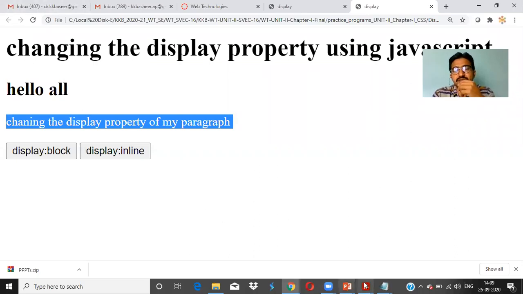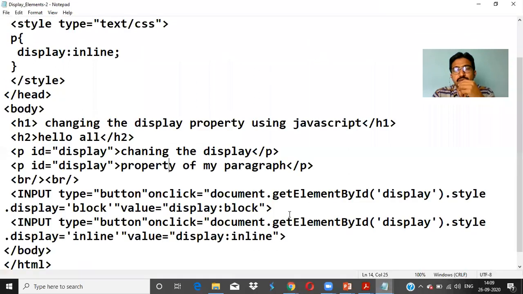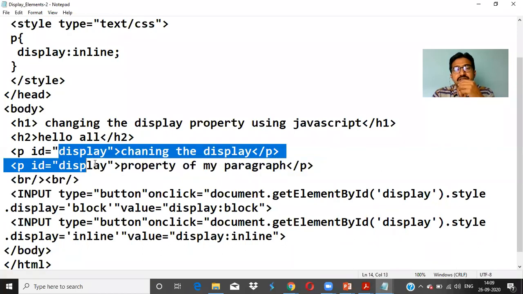So that is another way, with the help of JavaScript. Please walk through the program. Later you'll understand once we start JavaScript. Here we are just using the onclick attribute. So we are reading from the HTML document. To read that, document.getElementById. Which ID are we using for these two paragraphs? For these two, the ID is display.